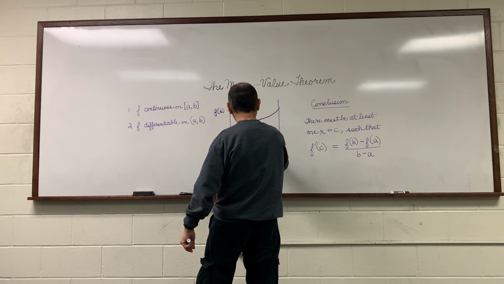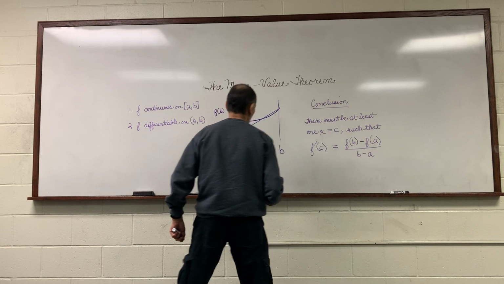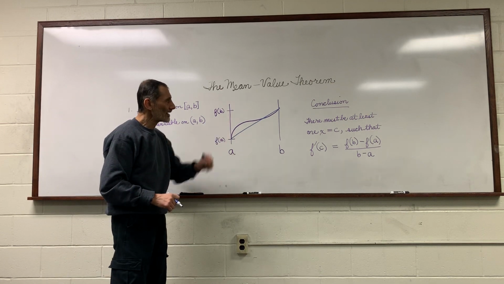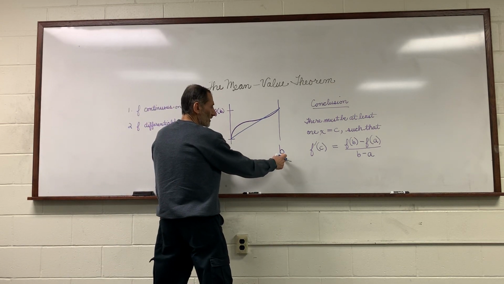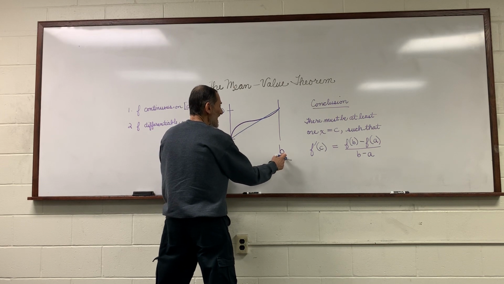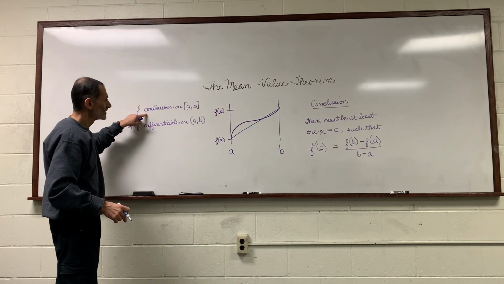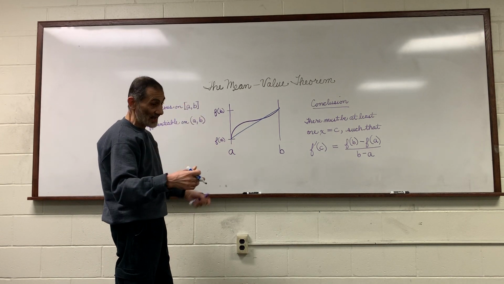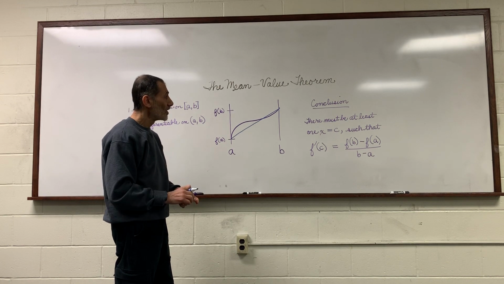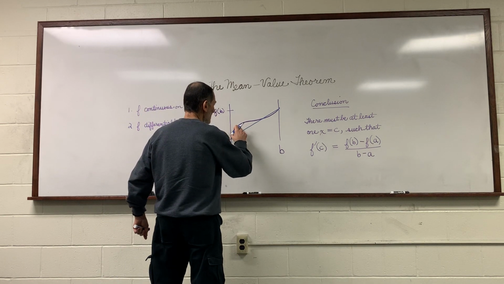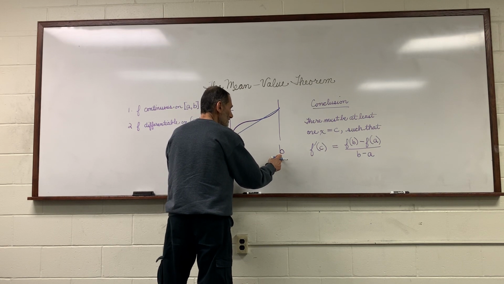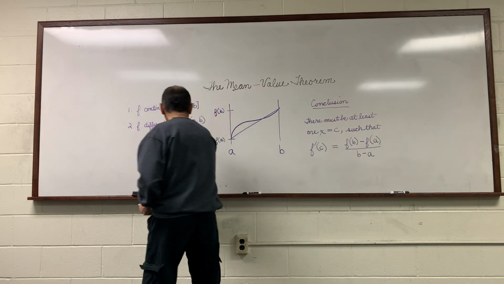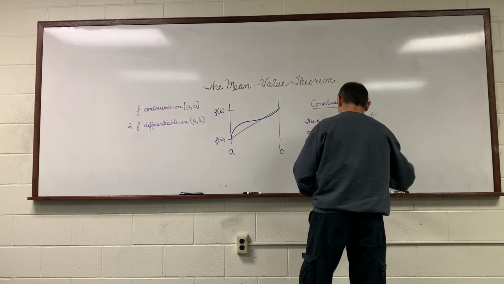And that's where the average, the mean, comes in, because the slope of the secant line connecting the endpoints represents the average rate of change of the function y equals f of x over the entire interval AB. And we're saying that given a continuous and differentiable function over that interval, there must be at least, and again, when we say at least, there could be more than one, must be at least one value of x between a and b, and I should have written that, x equals c, and we'll just add that right now into our conclusion,